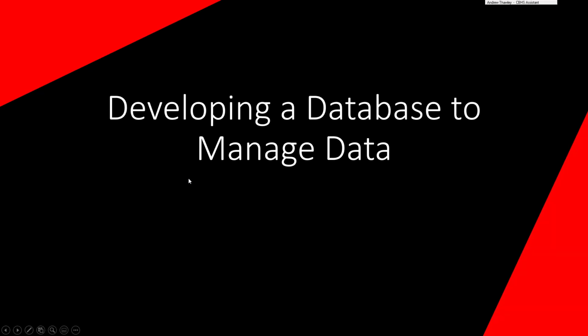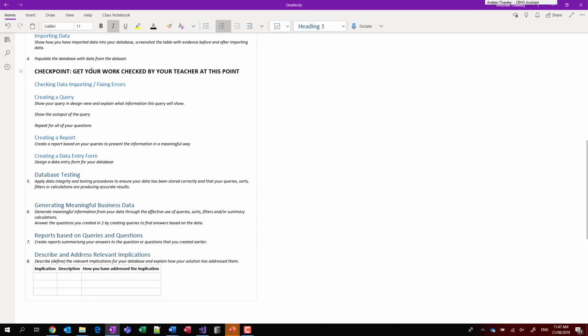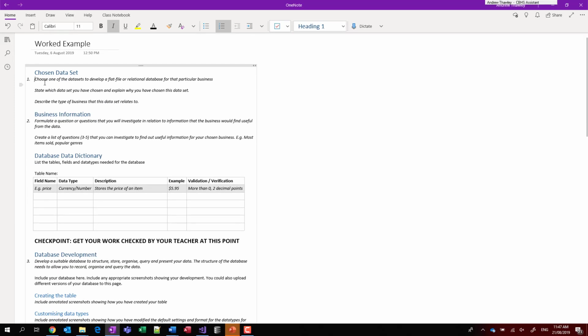Okay, this set of videos is going to show how to complete a worked example for developing a database to manage data. So we're going to have a look at it, it's just in OneNote. So we've got our general source structure. So this involves picking out a data set,